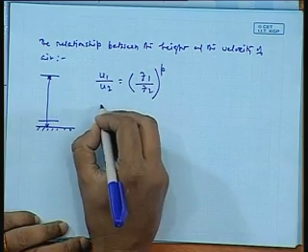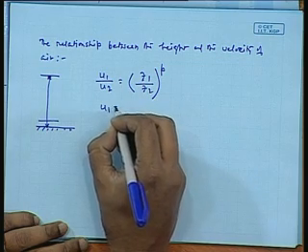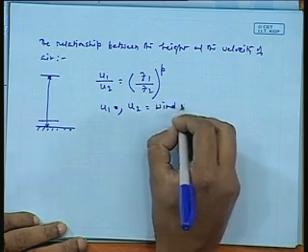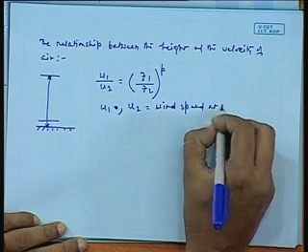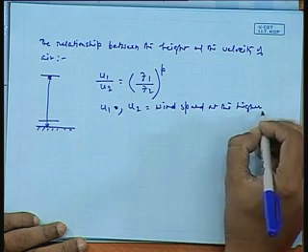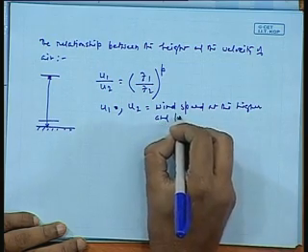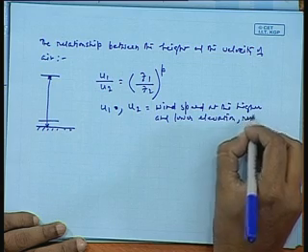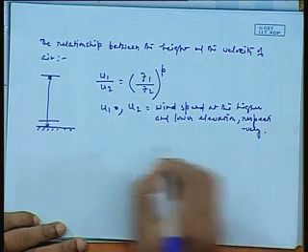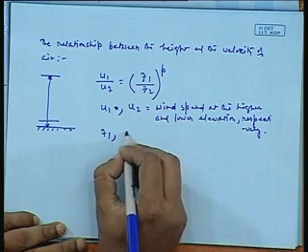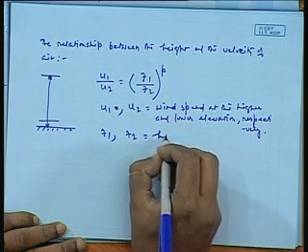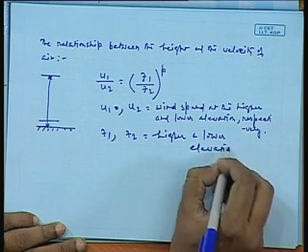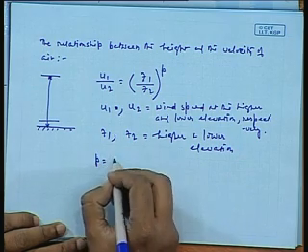Here u1 and u2 are the wind speeds at higher and lower elevation respectively, and z1 and z2 correspond to the similar heights, higher and lower elevation. p is a dimensionless parameter